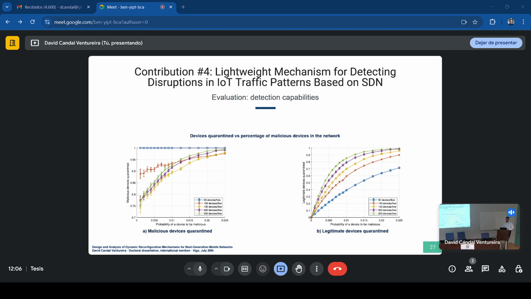We developed an analytical model to estimate the number of malicious and regular data flows related to the quarantine slice, based on metrics such as the quantity of infected, let's say, devices in the network, and the amount of additional traffic sent by these devices, or the threshold we use to determine whether a set of data flows is suspicious or not.